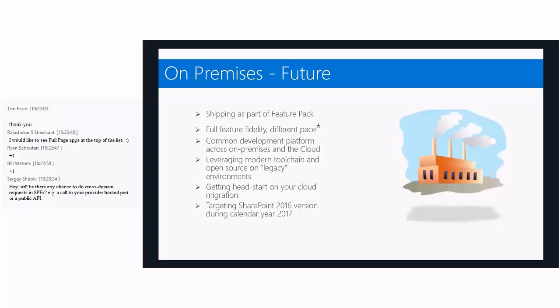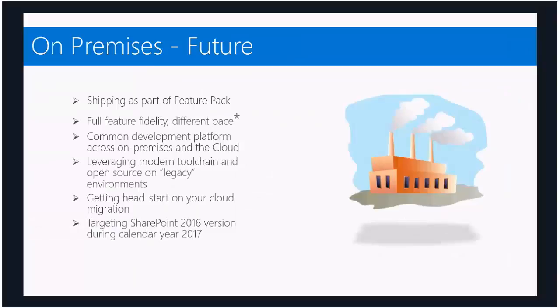because I wouldn't actually consider SharePoint 2016 a legacy environment as such, but then again, it slightly depends on what we mean by legacy. And the idea is that if you start using SharePoint Framework in SharePoint 2016, you get a head start if your deployment is going to move to SharePoint Online at some point. So it's no doubt a good practice to do the work in a way that it's already aligned with